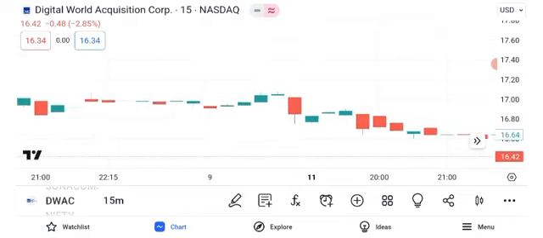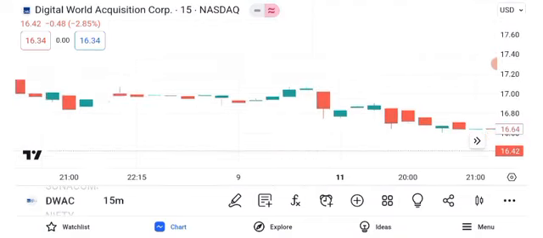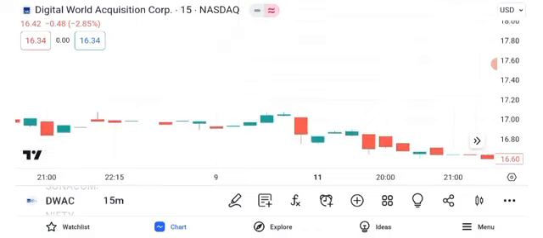Risk management is essential in trading. Given DWAC's volatility, consider implementing a stop-loss strategy. Setting a stop-loss at 5% below your entry point can protect your investment from significant losses if the stock